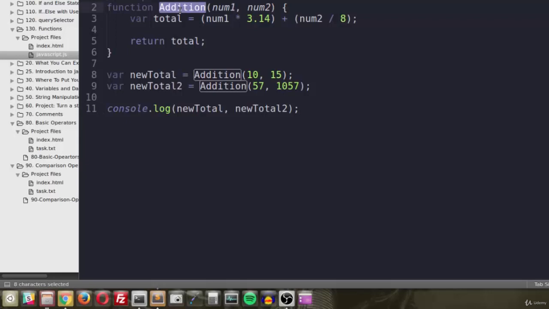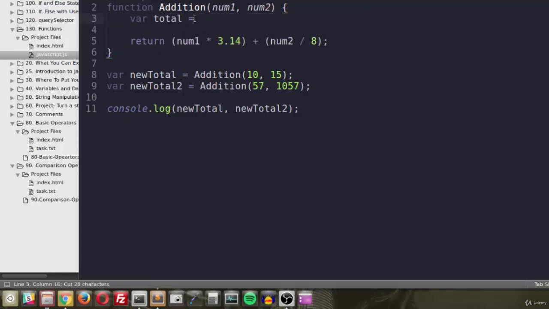So what I would like you to do for this lesson is create a new function. It does not have to be addition. It could be called whatever you like. You can have as many parameters as you like. It could be 1 parameter. It could be 30 parameters, although preferably don't do that. Maybe stick to a limit of like 4 parameters at max, just because it gets to be a lot to remember. Whatever you do inside of your function, and I don't really care what you do inside of your function, as long as you save it as a variable inside your function and return it,